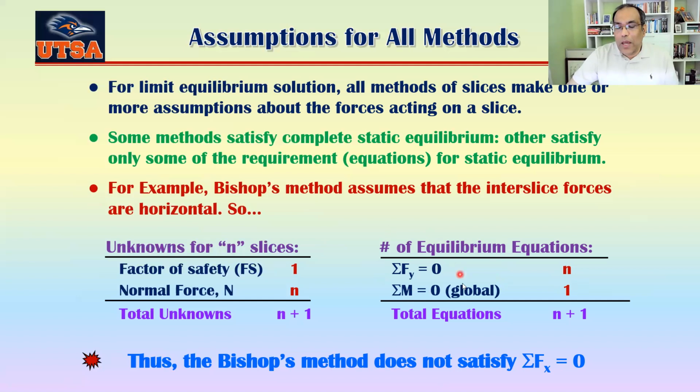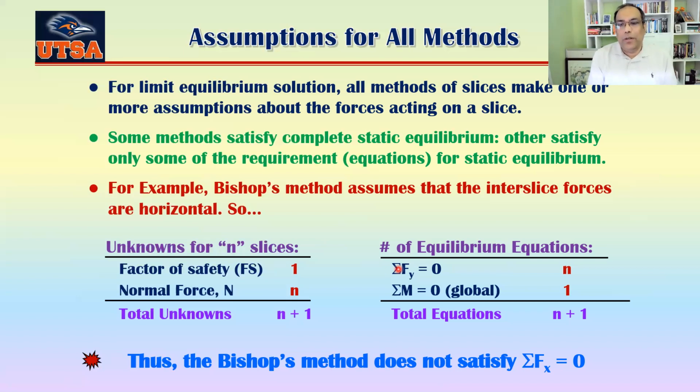So basically you have the total number of equations n plus 1. He is not actually satisfying that the horizontal forces equal 0. So basically he is ignoring any